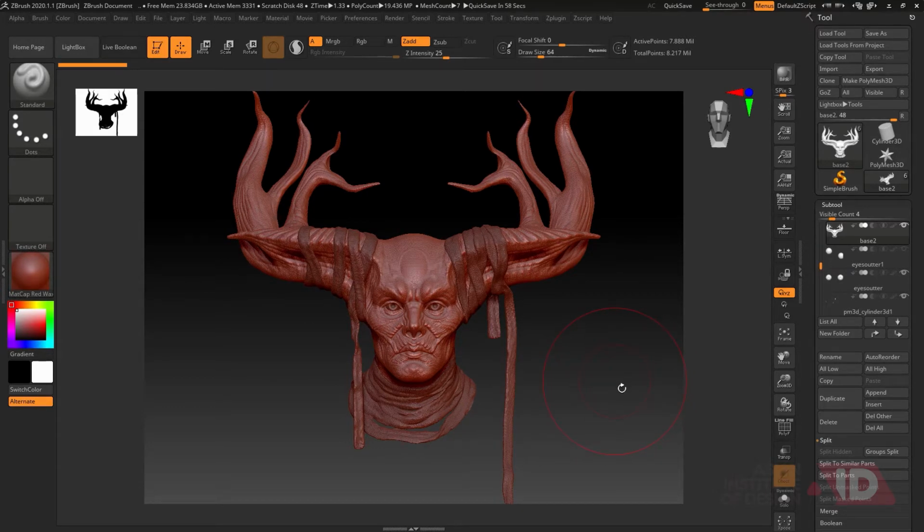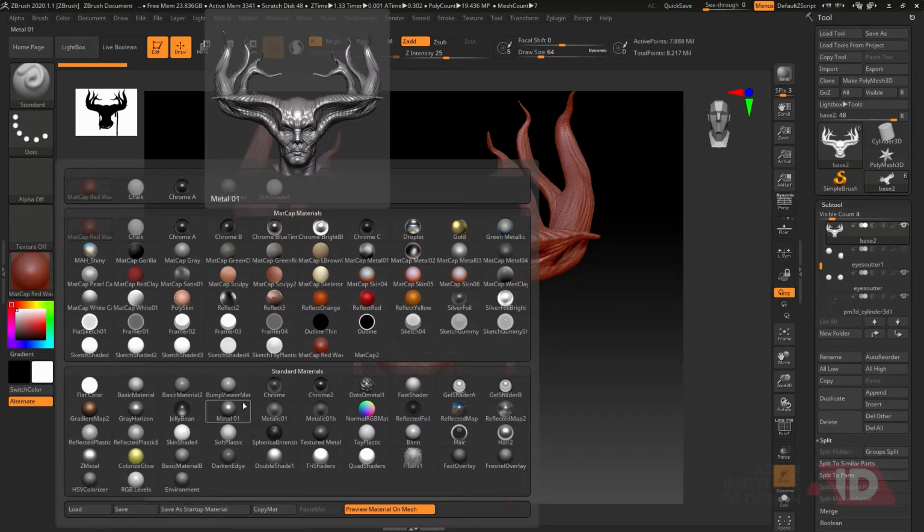In this video, I'm going to talk about how to render out your sculpt in a really high resolution image, export it to Photoshop and modify it. So what I'm going to do is, you can see I have opened my ZBrush file.